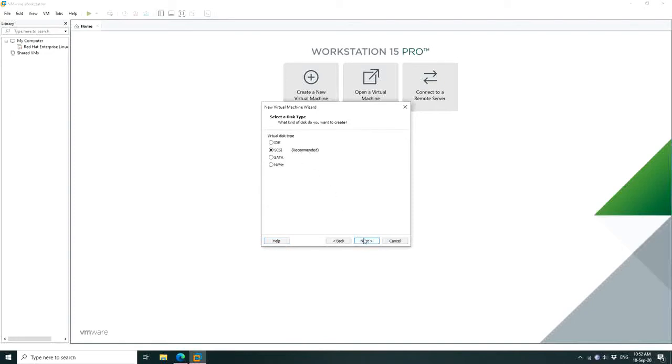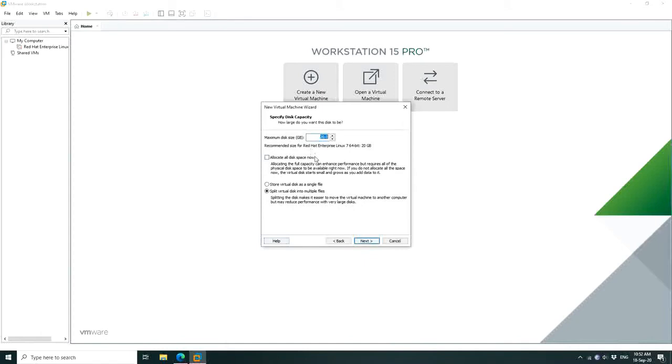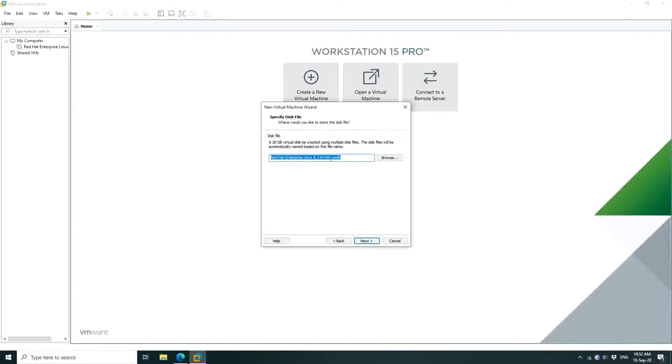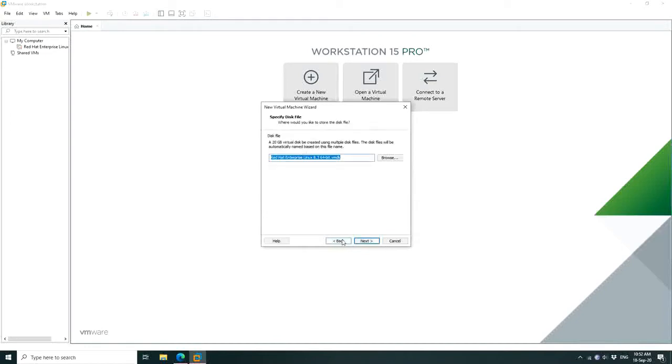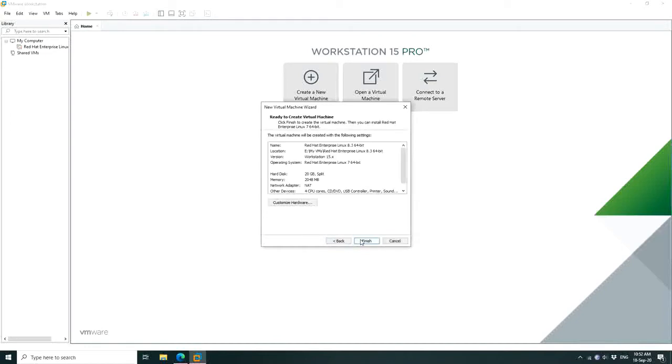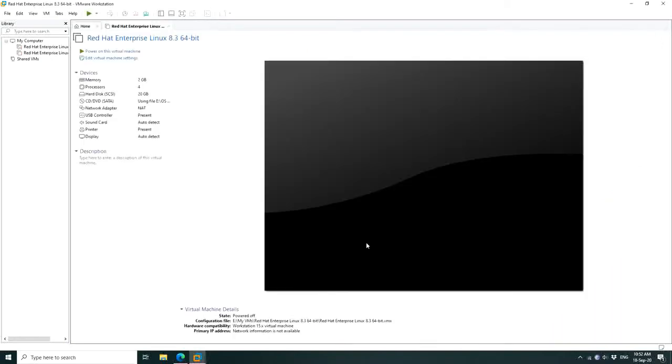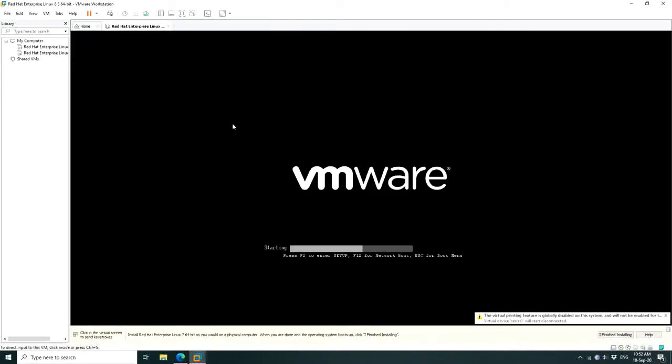Now select the disk. You can create a new one, use an existing virtual disk, and you can also use a physical disk. I will select create new and assign 20 GB to it in the next screen. Assign the path to the virtual disk, and here you go. Your machine is ready for installation. Click on finish and start the machine by pressing the start button in the top menu. The start button is available in the top corner. You can just press it. It will start your virtual machine.